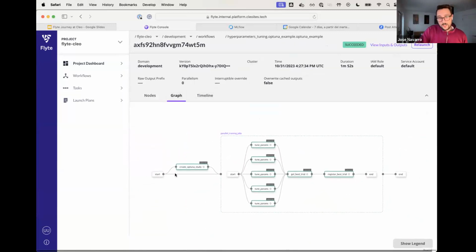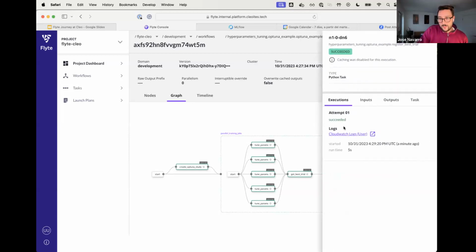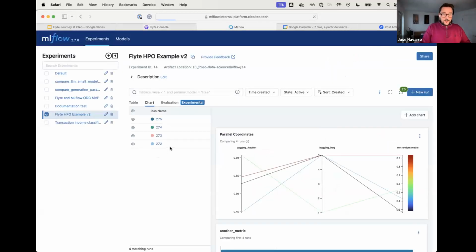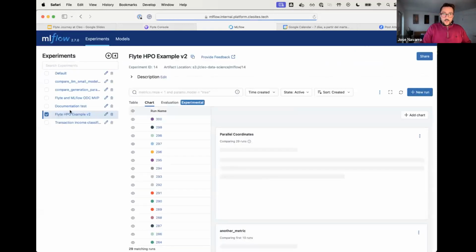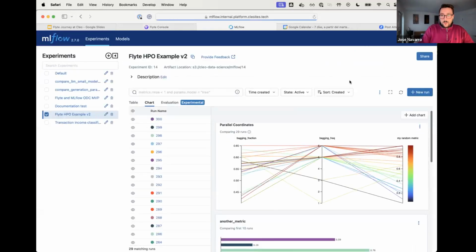So as I said, it creates the Optuna study, and then it parallelizes the tune params. Each of these has run 5 mock training jobs, and then returns the best trial, and then the list of these results is passed to the get best trial, which is passed to the register trial, and hopefully this one has pushed the best trials. Well, I can access the logs, but we can actually see that the results should have been pushed into MLflow now. This is the MLflow